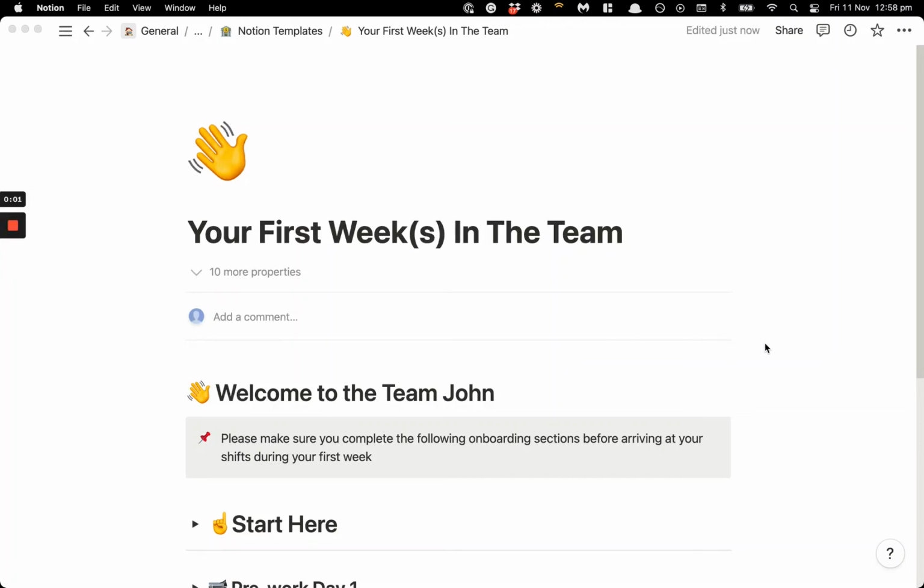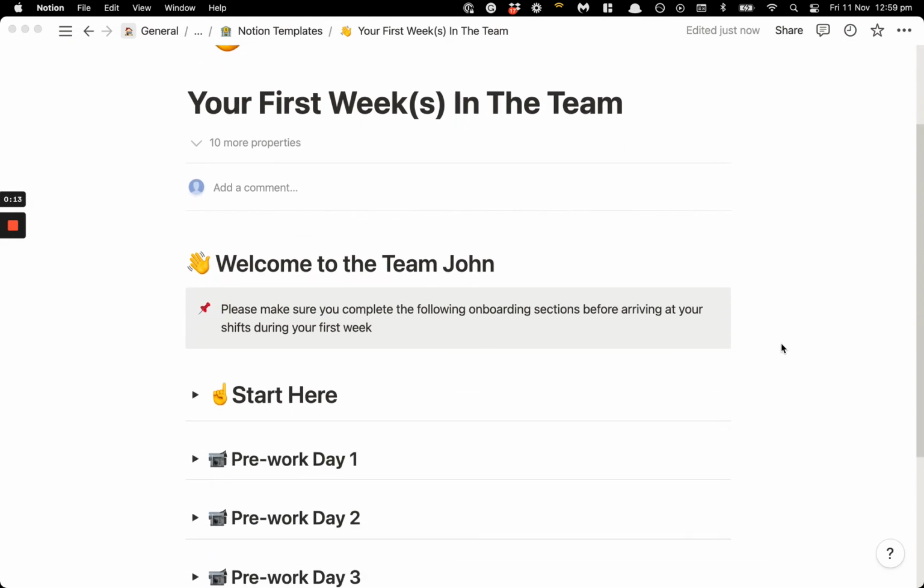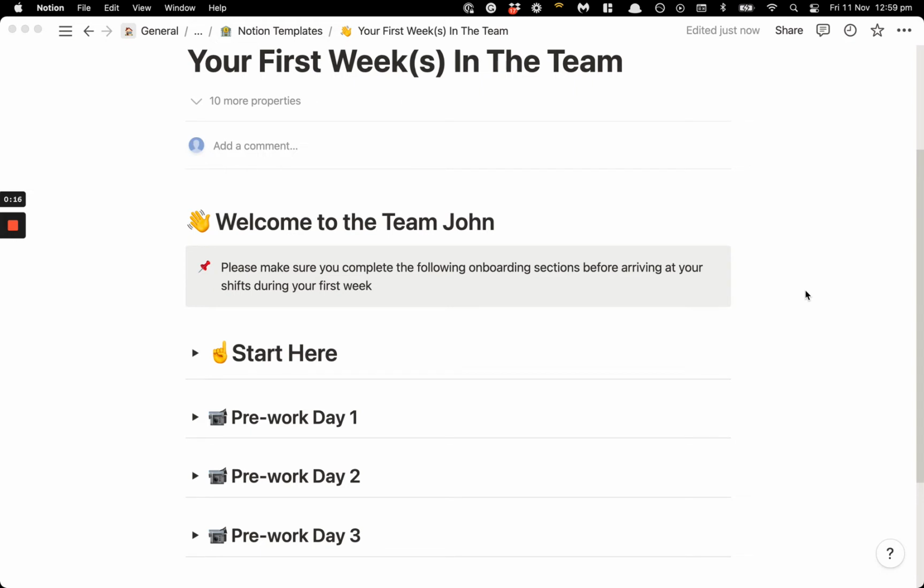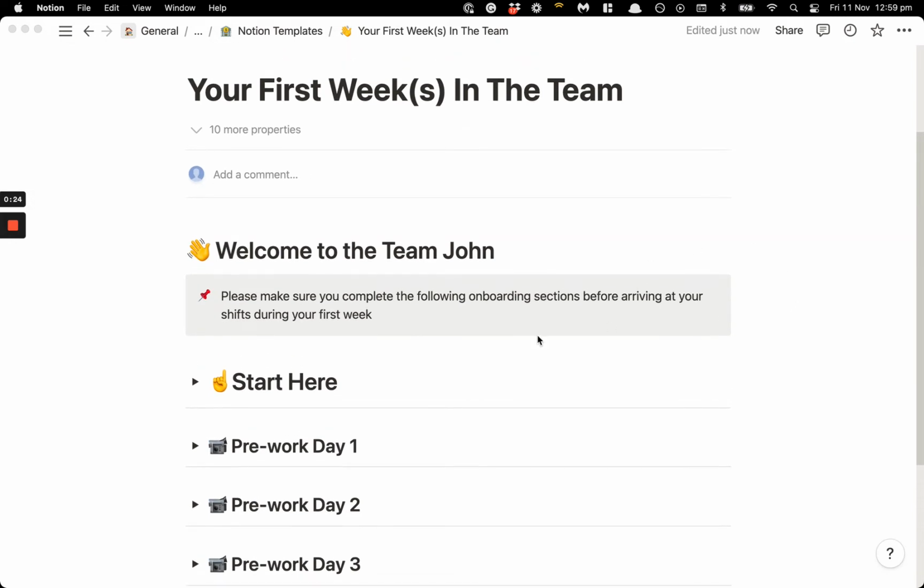Guys, let's have a look at our training and onboarding template in Notion for our new team members this first week. We've got a bunch of information here that we need to structure and then deliver to our new team members. What's important is that we put things in order and give them an order of priority based on what we want them to do in order to get the greatest benefit from watching these videos or consuming